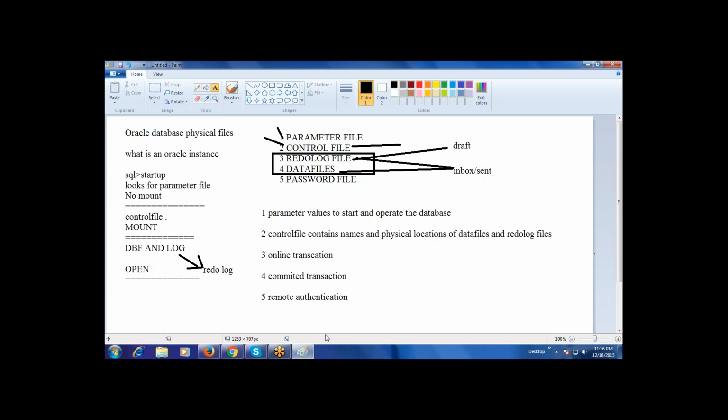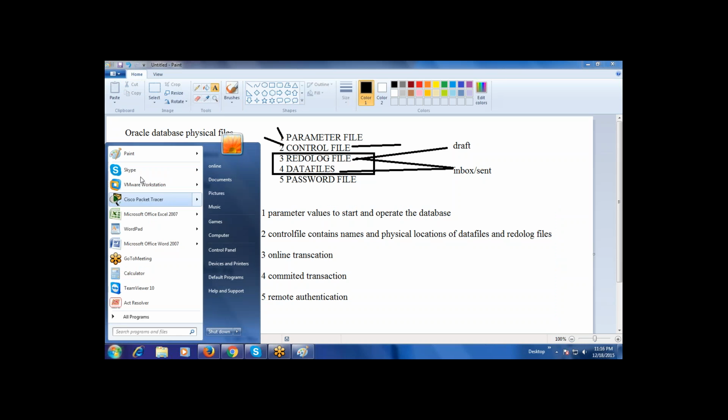So this basic definition, you have to know it. So if I'll start my database,